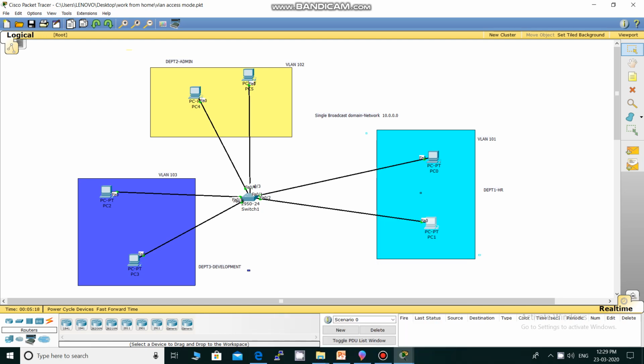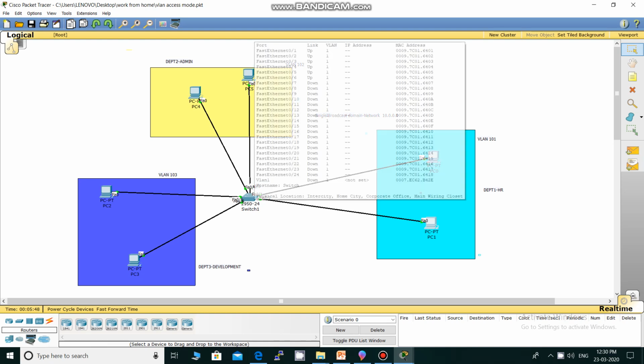We have created a group of 2 machines and given it the name of department HR, another group of 2 machines named admin, and another group of 2 machines for the development department. For every group or VLAN we have assigned a VLAN number also: VLAN numbers 101, 102 and 103. Every group has a unique VLAN number.